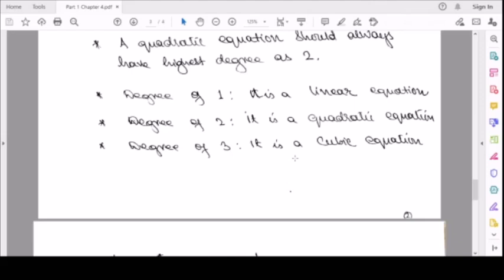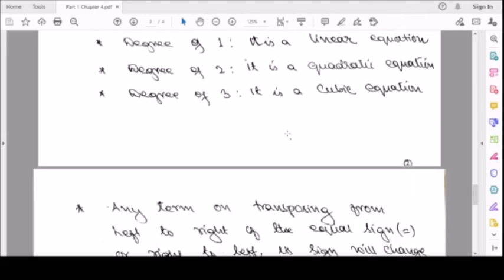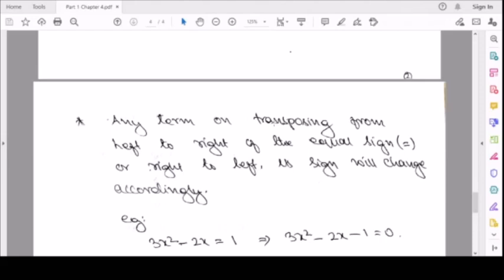If 1 is linear, if 3 is cubic, if 4 is biquadratic, and so on. But we will concern ourselves in this chapter with the degree of 2, that is, a quadratic equation. Okay, the next thing to recall is regarding transposition. That means if you take any term from the left to the right or the right to the